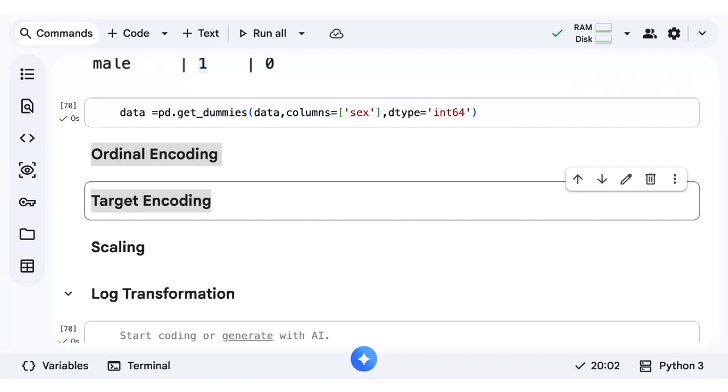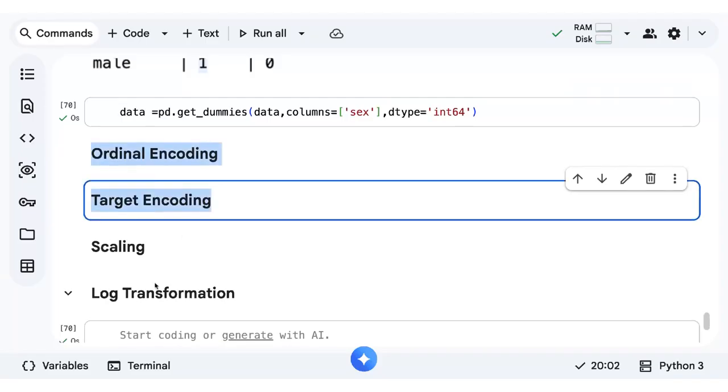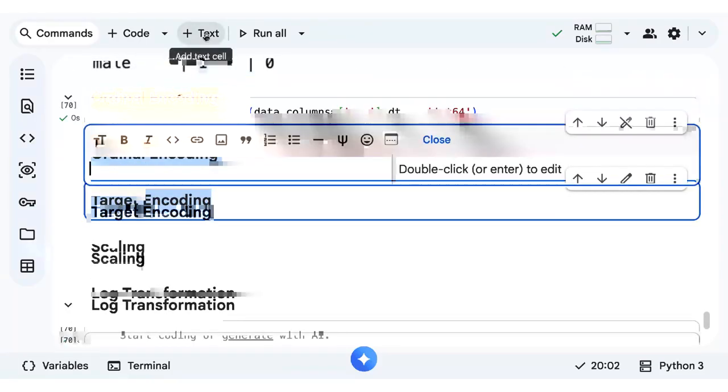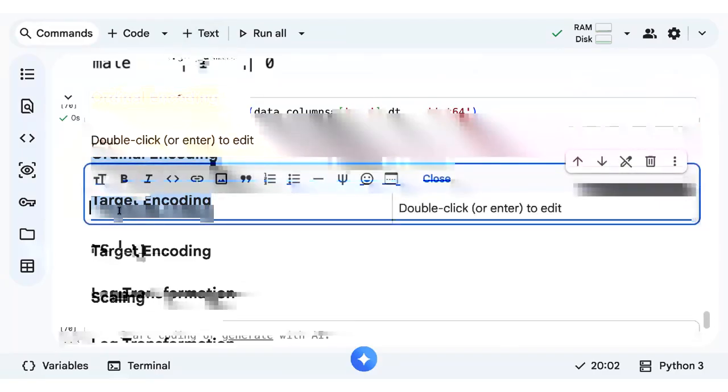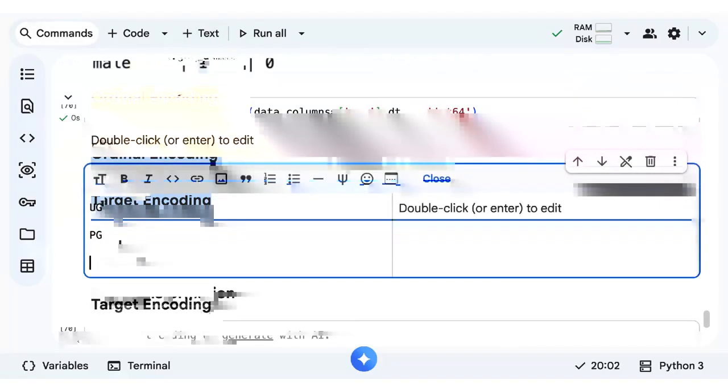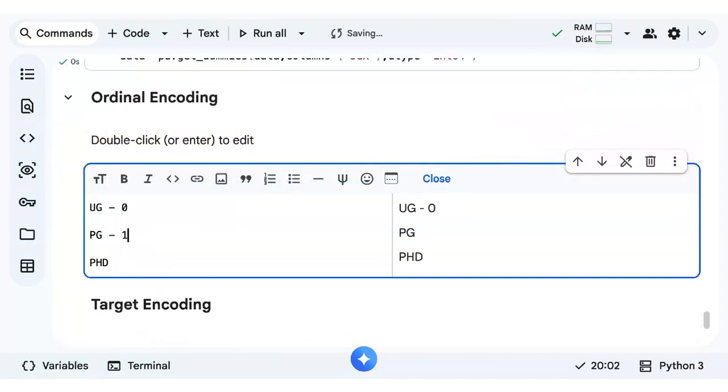So yesterday I gave an example like educational qualification. Usually, when it comes to UG, PG, and PhD, we cannot give equal importance because all the degrees are not the same, right? And also, we cannot go with a label encoder because it treats UG as the highest priority, which is actually wrong. So here, order matters. Less importance should be given to UG, the next higher importance should be given to PG, and then the next to PhD. Now it makes sense, right?